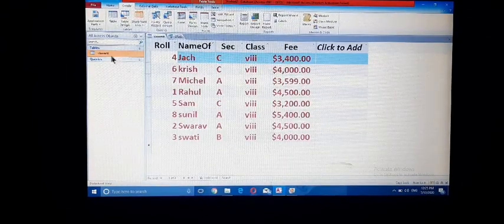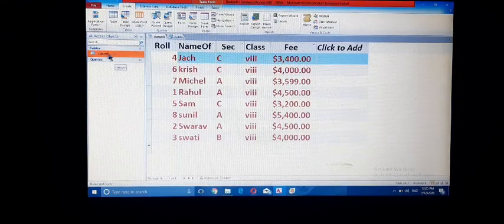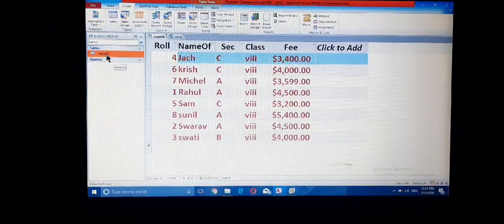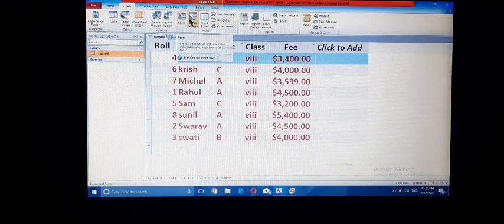To create a form on the table class 8 to view, edit and delete records, first you need to select the table, that is class 8, then go to the Create button, then go to the form group having the form options.